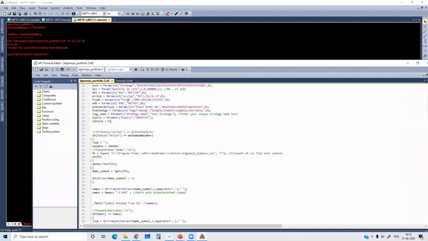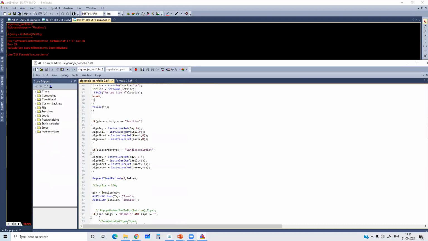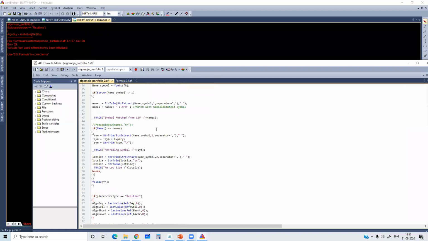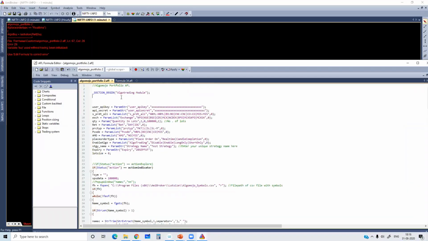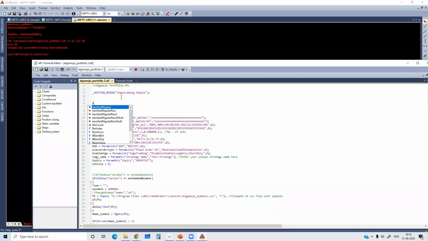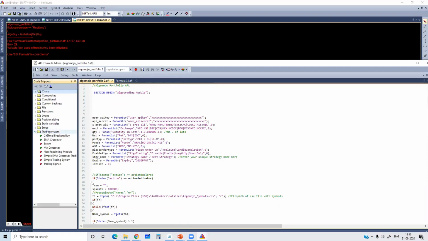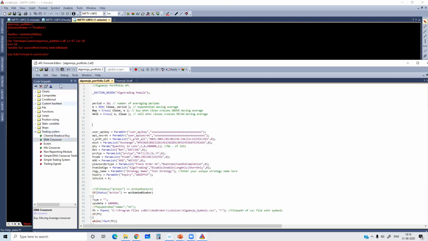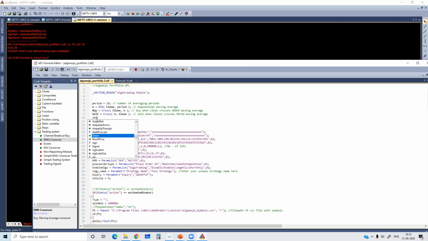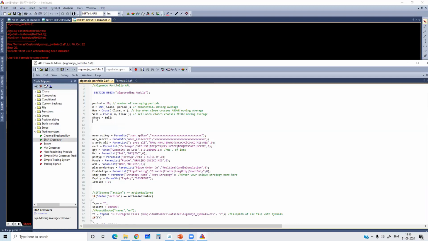Okay, so one thing, it is throwing an error saying that buy and sell short cover are not initialized because I haven't written any strategy. For time being, I'll put some dummy strategy. So buy, I'm just putting some EMA crossover strategy. All right. Also short equal to sell. Cover equal to buy.